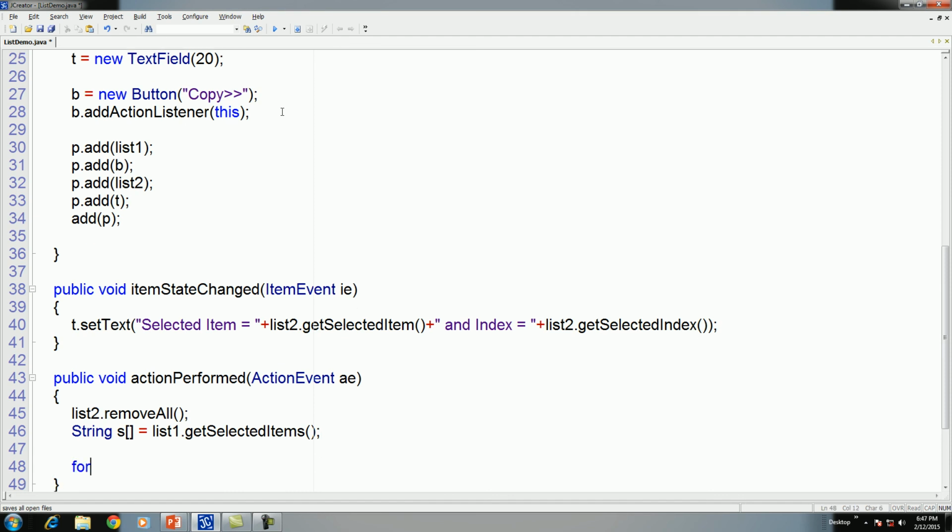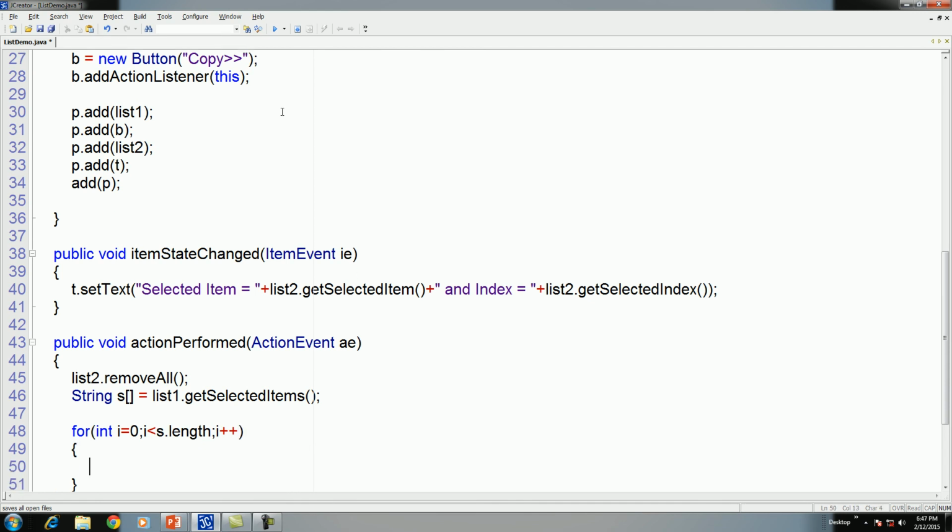Now add these selected items to list 2 by using a simple method: list 2 dot add, or add item, and the items are in the string array, therefore s of i.